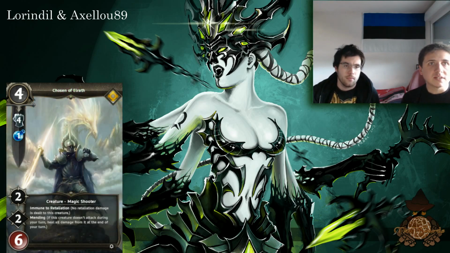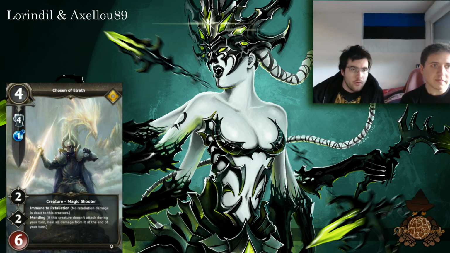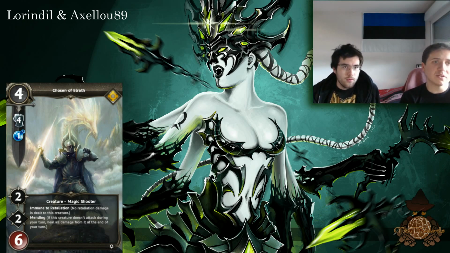Chosen of Herald. So this is a common card. Mending. This is a new ability. Yeah. So it allows you to heal your creature if you do not attack with it in one of your turns. So I think again it's very defensive, but really interesting creature because 6 HP, and